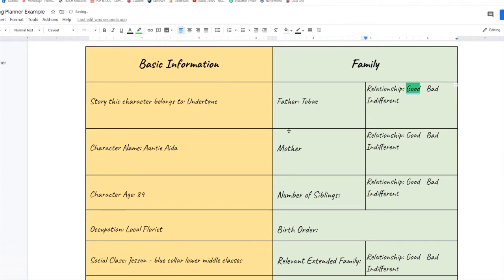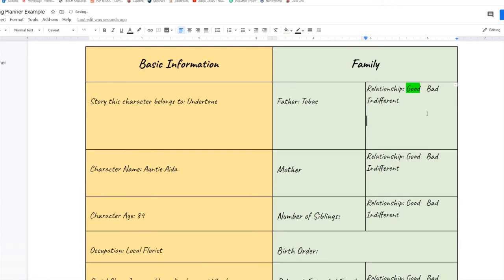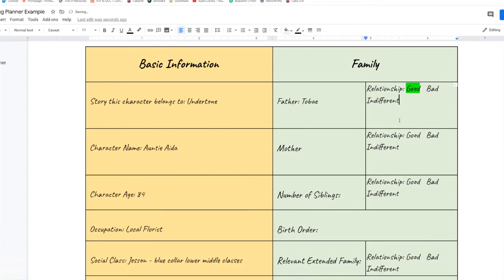And then if you want to put more information in about why that relationship is good or bad, you can put that right below. Then her mother is Parsi, and we're going to say that she has a bad relationship with her mother